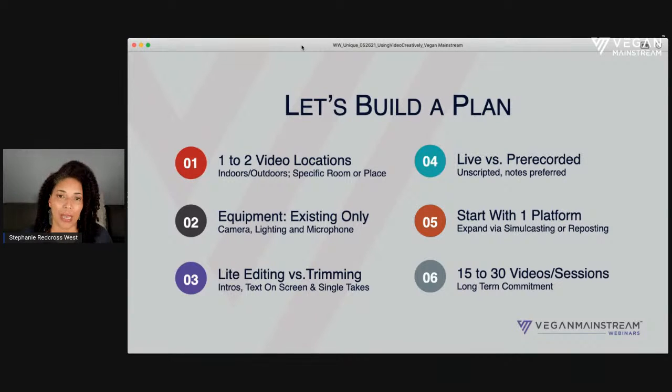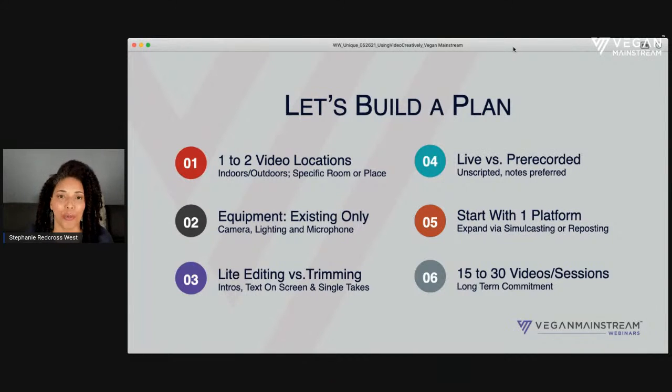Think about video from the standpoint that this is a medium that you're going to use over and over. So this is going to be a series of videos, or more than one video, or video on a weekly basis, or a 10-part series. And when we understand that kind of approach that you're going to be taking to video, then what you need to do is start to answer some key questions and start to build a basic plan. And this is what I would consider a basic plan for any of the video that you're creating.